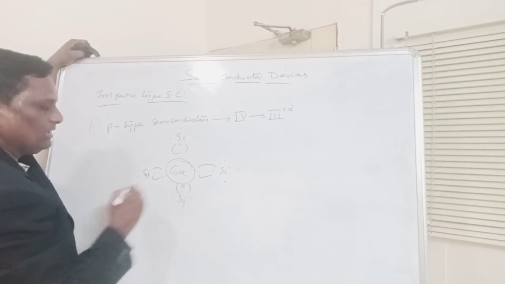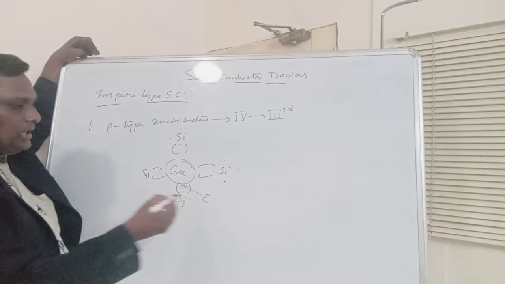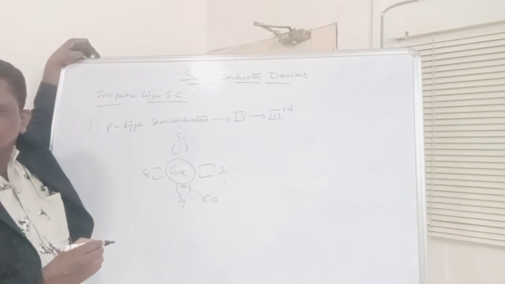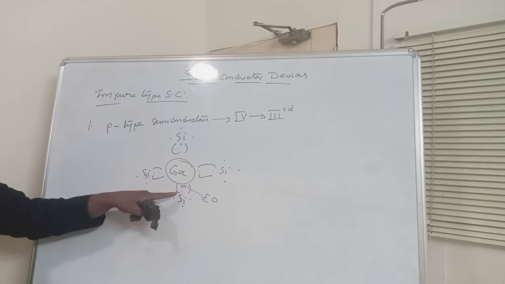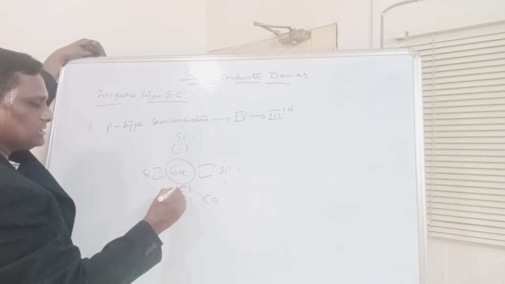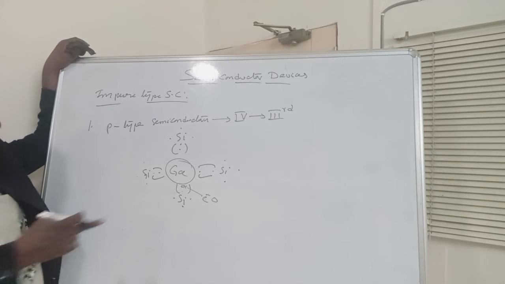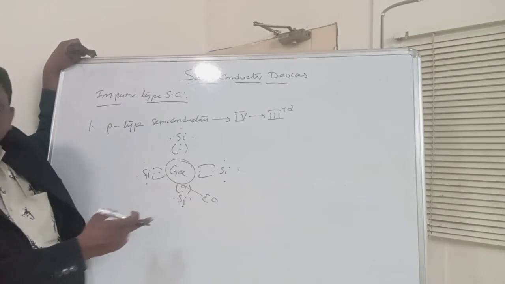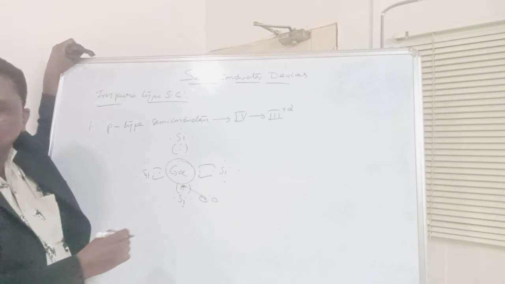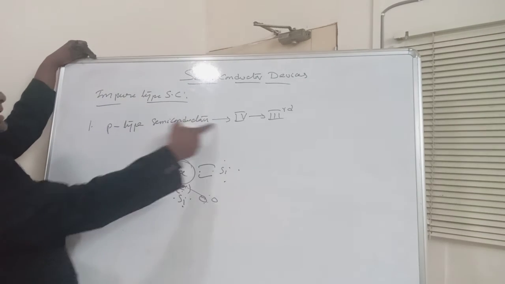Because of that, a hole will be created here. Now any electron from outside will come to make the covalent bond. If an electron comes here, the displacement of the electron is nothing but a hole, meaning a hole will be created. I will repeat. Here a hole is there. Why? Because gallium has 3 valency electrons: this is 1, this is 2, this is 3, and that is all. Now to make the covalent bond, there is space here. So any electron will come into this hole to make the covalent bond. With the displacement of the electron, suppose this electron comes from here to here, a hole is created there. Holes are the majority carriers. Holes are nothing but positive. Because of that, this is called a P-type semiconductor.